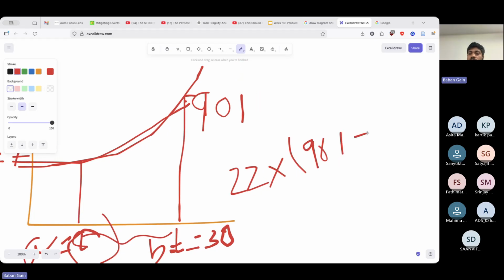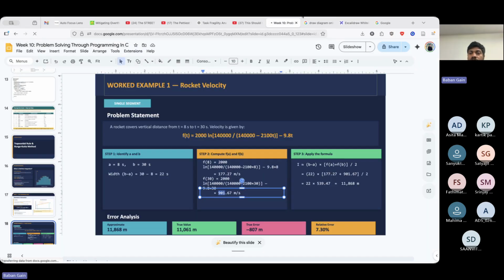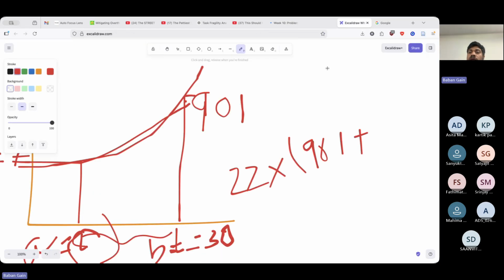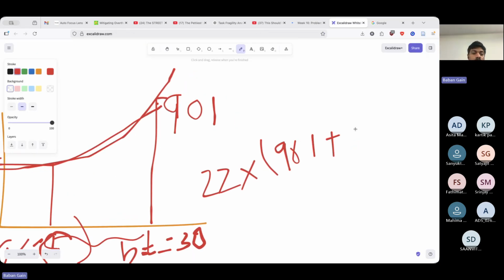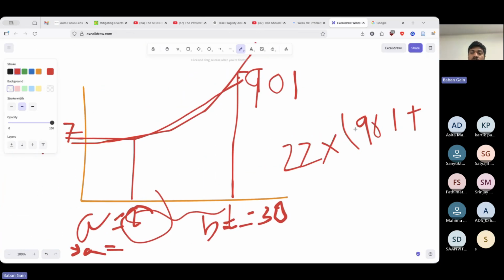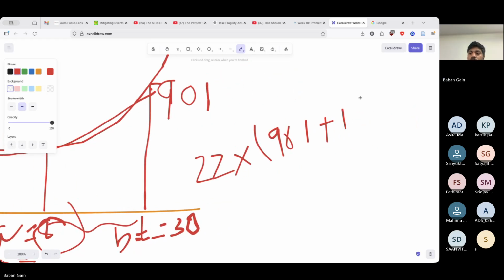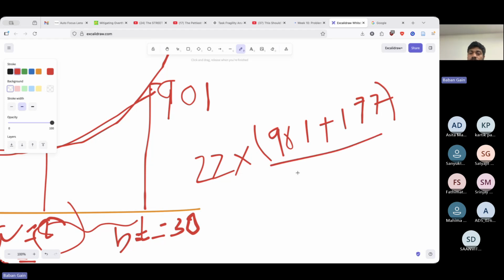901. Is this page descending? 901 plus 177. And we have to take the average. So